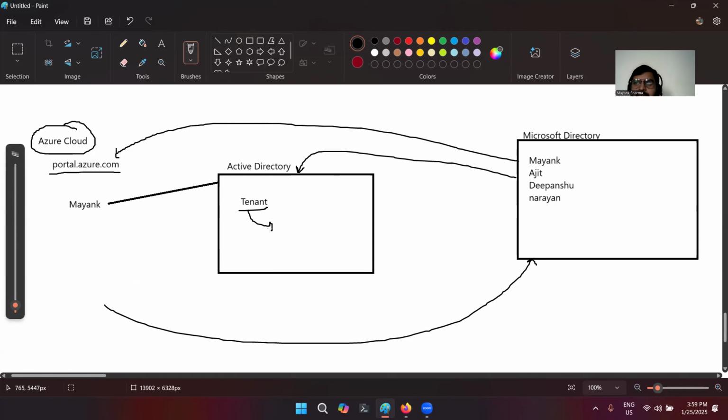But if you have 1,000 users, it is not feasible that 1,000 subscriptions need to be purchased. Instead, you can attach those 1,000 users and manage them in Active Directory. Is it clear, guys? Yeah, thanks.